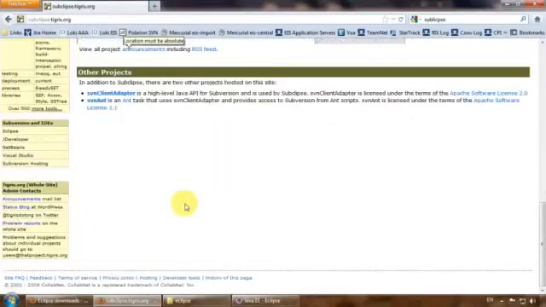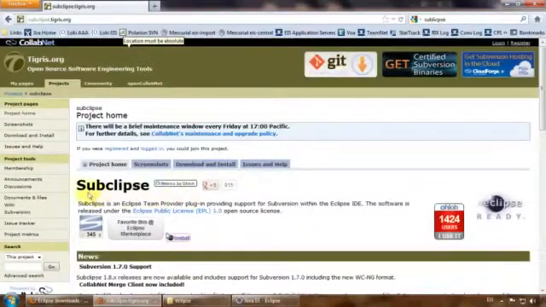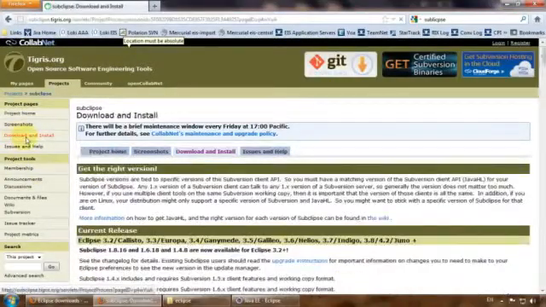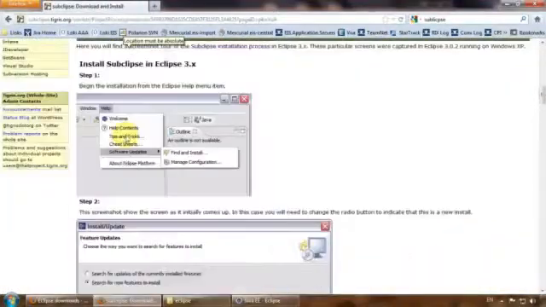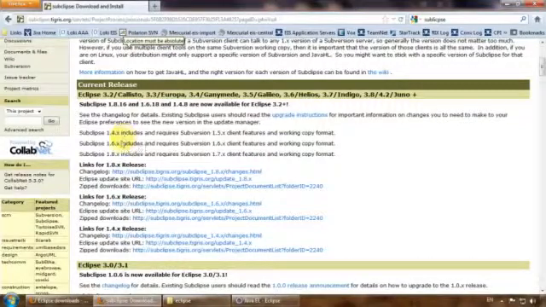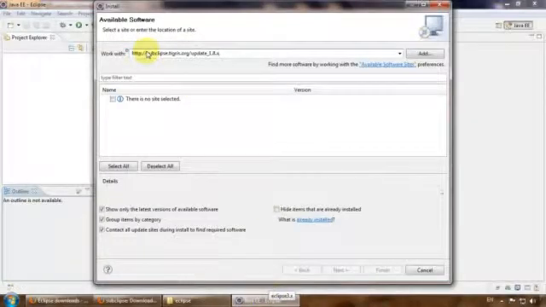And we are looking for the update site link, and that is somewhere here. And here we see the update site we need. Just copy it, push enter,